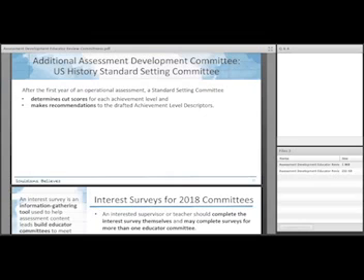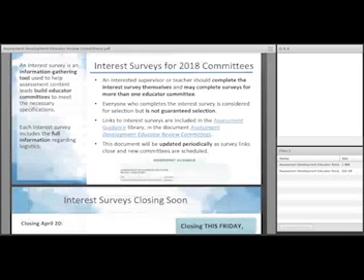And this committee convenes after the first year of an operational assessment. So for U.S. History, this was the first year that we did the LEAP 2025 5-level U.S. History test. So they'll meet this summer, and they're going to determine the cut scores for each achievement level. And then they're going to make recommendations for the achievement level descriptors that will eventually be sent to BESE for approval. Next summer, it's going to be all science standard setting. So we've got a lot coming up.